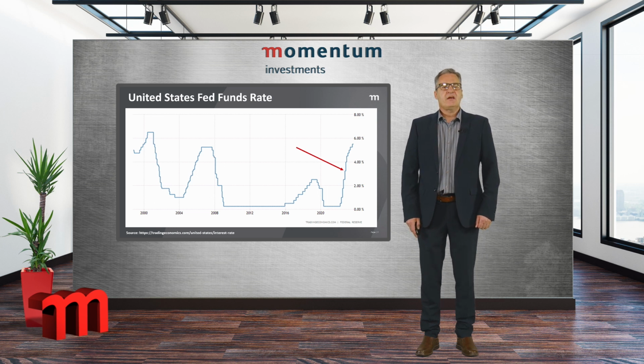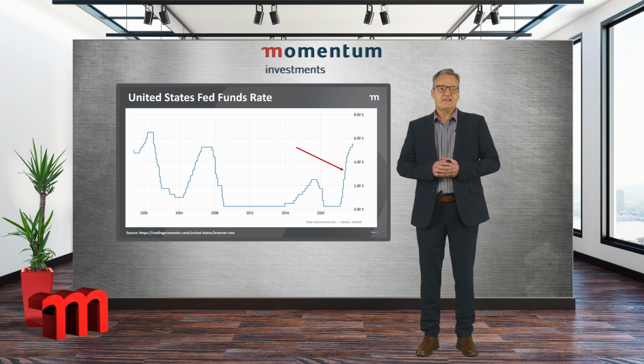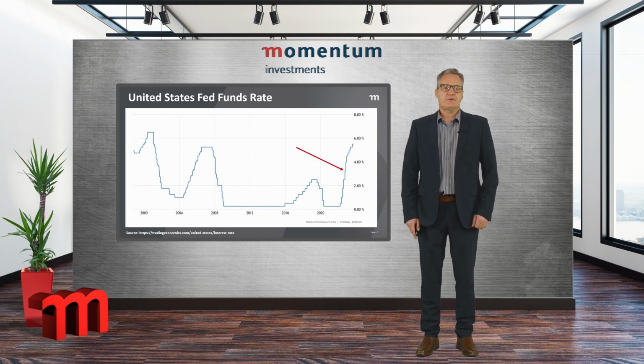Now that we have a better understanding of how the rates are related, what are the implications for the different asset classes from a multi-asset investment perspective, like a focus range of model portfolios and fund of funds? Interest rates and bonds have an inverse relationship. When interest rates rise, bond prices fall, and vice versa.